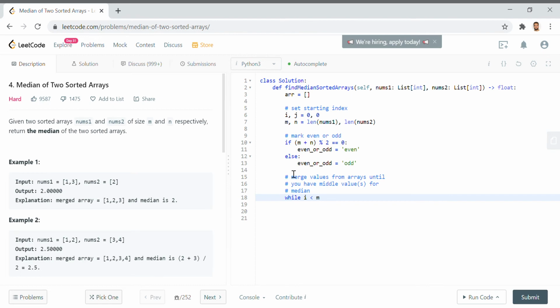So we'll say while i is less than m and j is less than n, a and b are nums1[i] and nums2[j]. So we have the values for those indices. And then we'll say if a is less than b, i plus equals 1,